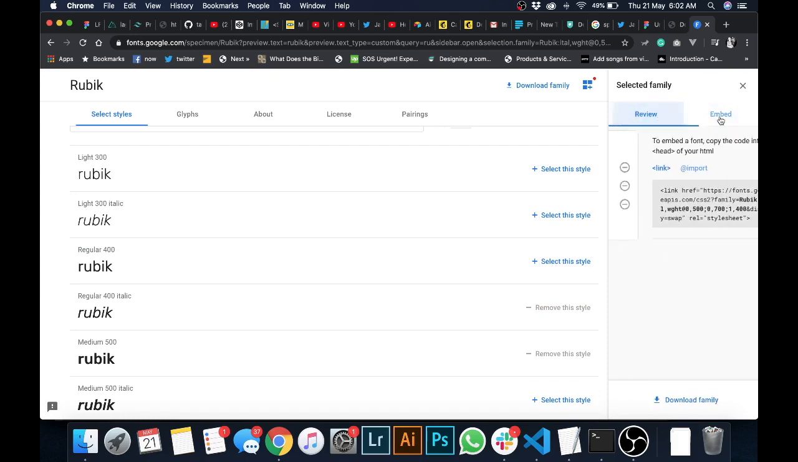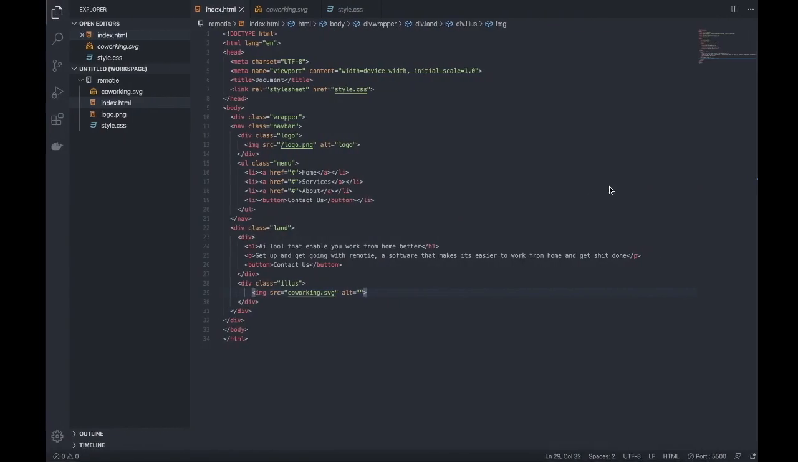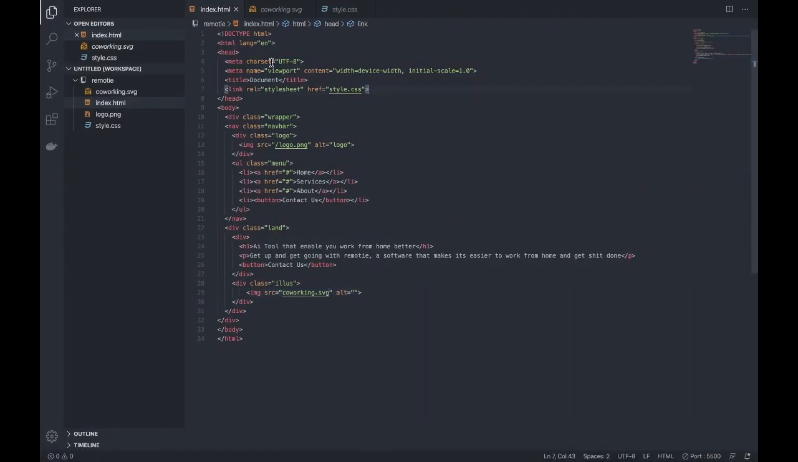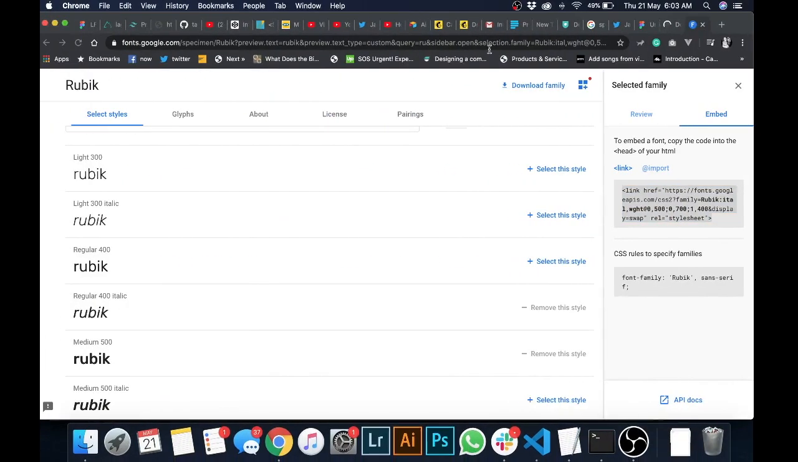And if you just go here, Google gives us the class link. So all you have to do is just copy this. Go to your HTML head where you put your CSS, and you can just add this maybe before the CSS. It doesn't really matter. So if you save this right now, if you go to the site,